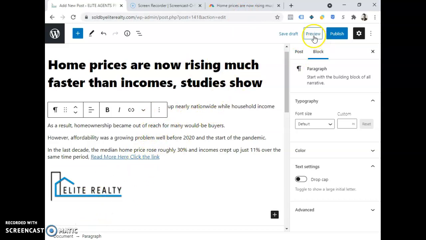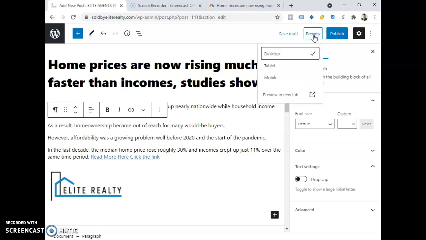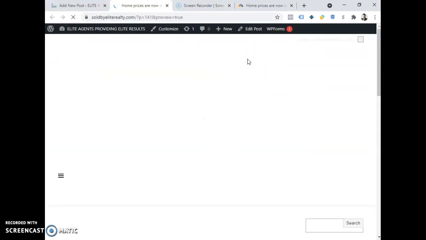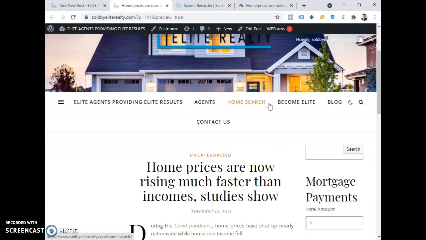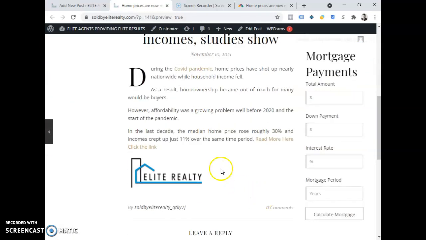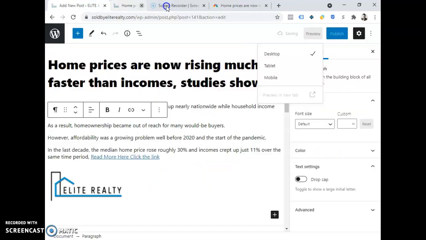And then if you want to preview how it looks, you just hit this button up here, preview, and then it would go in a new tab so you can see what it looks like. This is the desktop version. We can see what it looks like on a tablet or a mobile, or we can preview it in a whole different tab. And then if this is what you want it to be, and everything looks good, we'd go back here and we would hit publish. But before we do that,